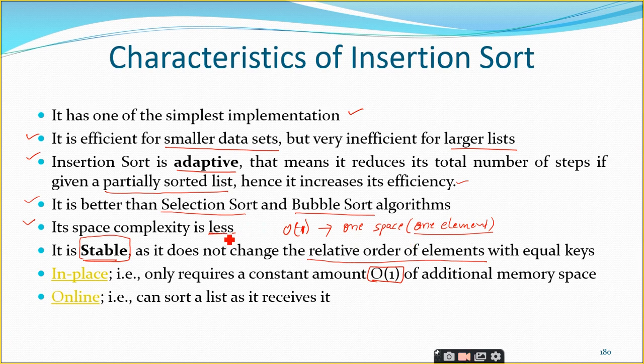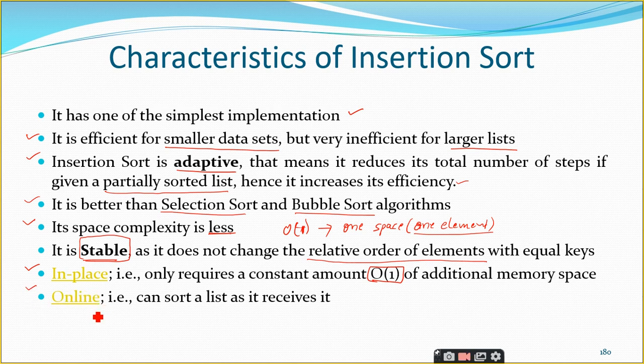So, the space complexity is very less, and we can call this property of having additional memory space as big O of 1 an in place sorting algorithm. So, this insertion sort is an example of an in place sorting algorithm also. You may be asked a question, give me some examples of in place sorting algorithms. The best example is insertion sort,